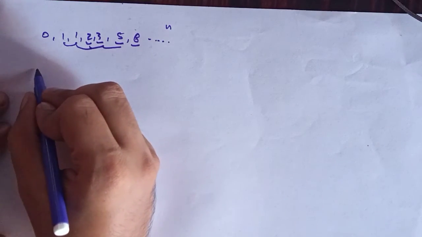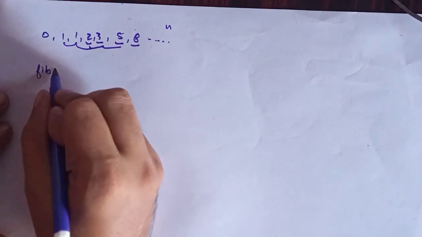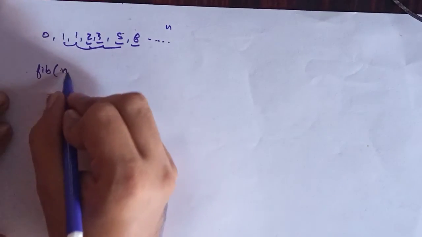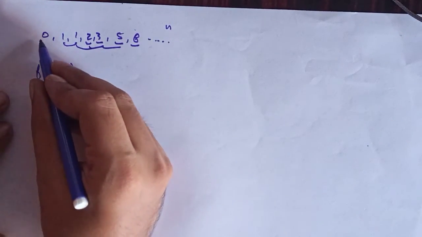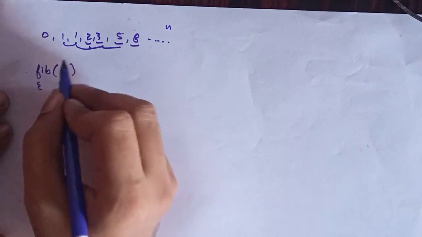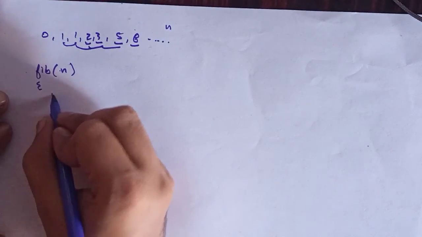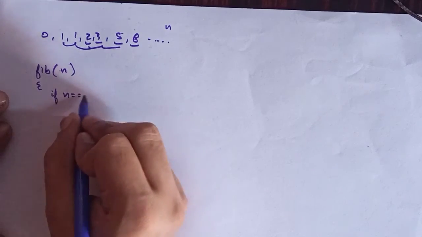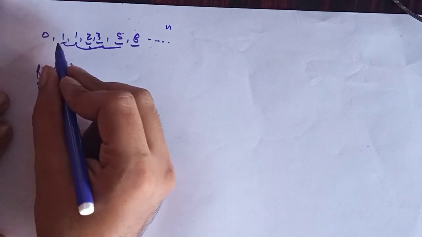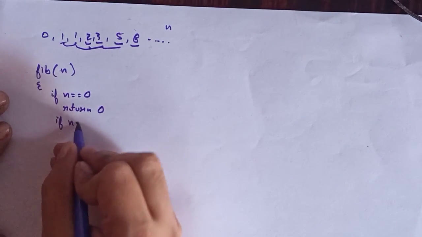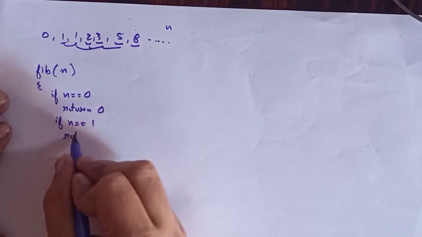The brute force method, the first approach that anyone can think of, is applying this method. Let's say we have a function Fibonacci wherein we pass the value n that is given to us. The first thing we can think of is: when will this return the value 0? If n is equal to 0, it shall return 0. It will return 1 for the sum of previous one, so if n is equal to 1, it will return 1.